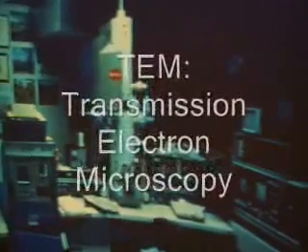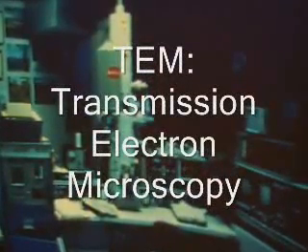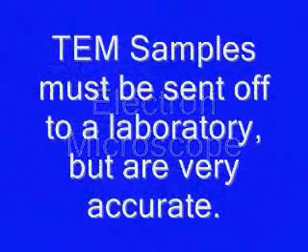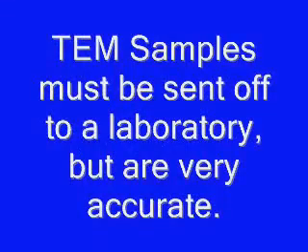The other type of analysis is called transmission electron microscopy, or TEM. TEM is a very accurate asbestos-specific analysis, and it's conducted with an electron microscope. These must be sent off to the laboratory. However, the analysis is very accurate. This is a picture of asbestos fibers as it's seen under an electron microscope. When clearance samples pass, the containment can then be removed and the area can be reopened.